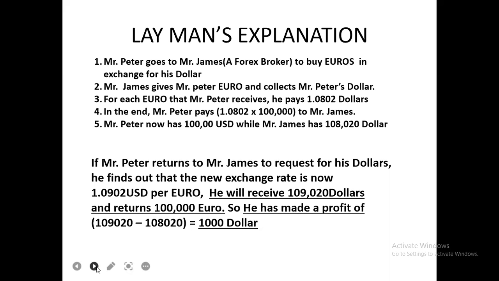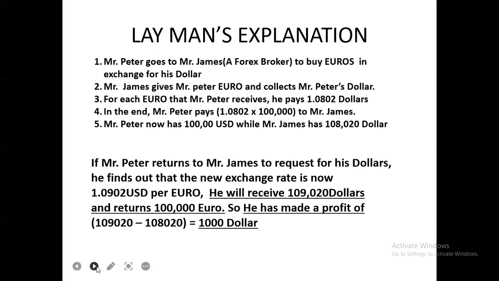$1.0802. So in the end, Mr. Peter will pay $1.0802 times 100,000 units, because what he wants to collect now is 100,000 units of euro from Mr. James. So Mr. Peter now, we have to give him a single unit in euro will be equivalent to 1.080 value in US